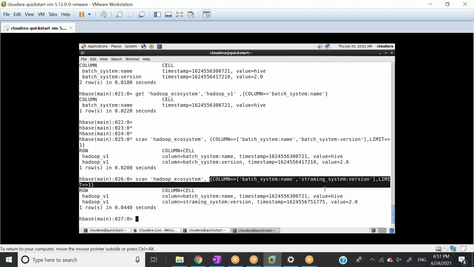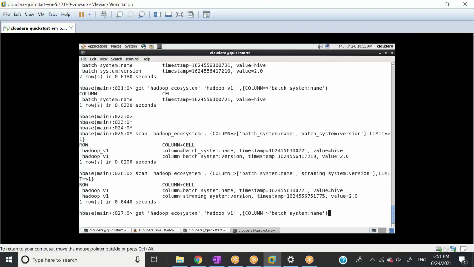So one thing which should be very notable here, that when you go for scan, and I'm assuming this thing, right? When you go for scan, the row ID is not important, but when you go for get, you will always need to give the row ID, right? Okay, for each one. Okay, so this is good, right?